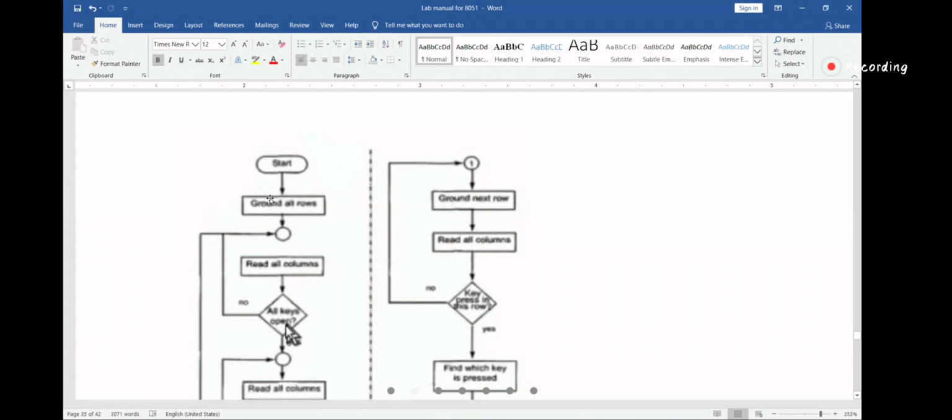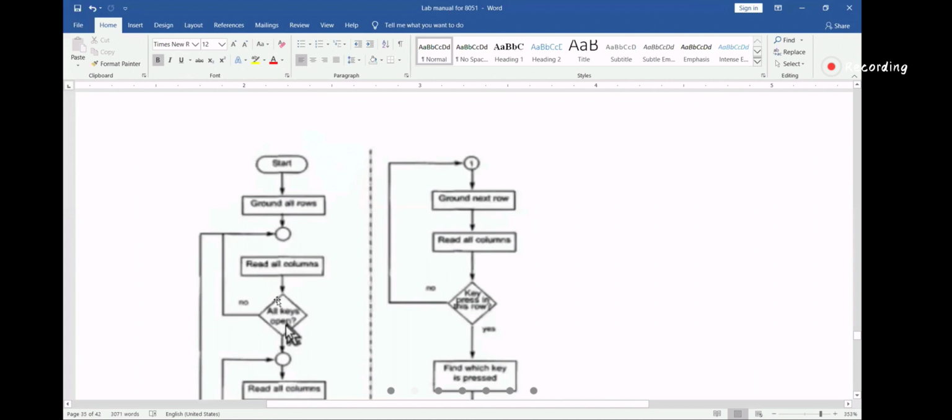Ground all rows. Then we go to this arrow. There should be an arrow here, this is missing. Read all columns. That means the columns are 1, 1, 1, 1. And we are reading whether there is a change in these columns or not, whether it is remaining 1, 1, 1, 1 or not. So indirectly what we are doing, we're reading all these columns.